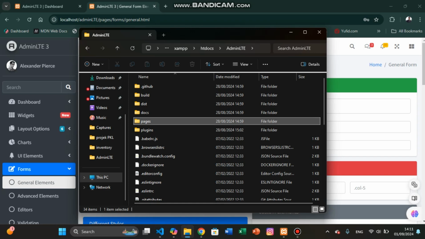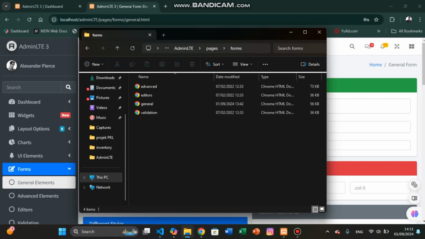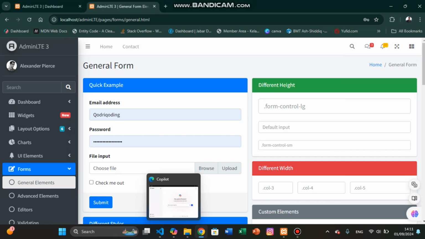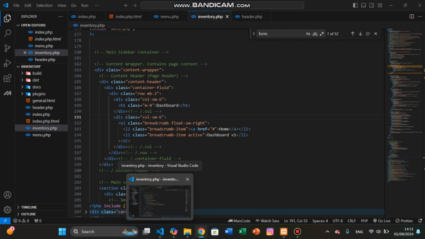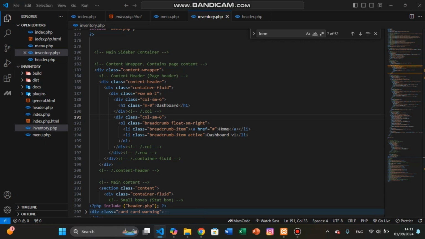Pages and forms and general. Yep, this general forms file, you have to move it into your coding, into Visual Code, I mean. Then you cut the element like this guys, and then you cut the element